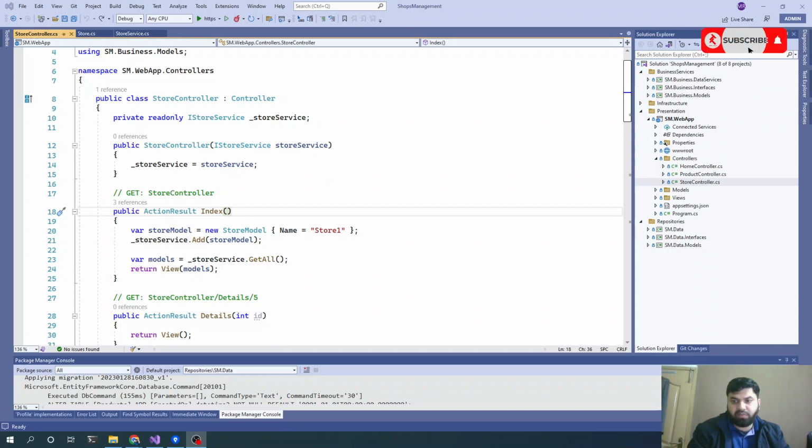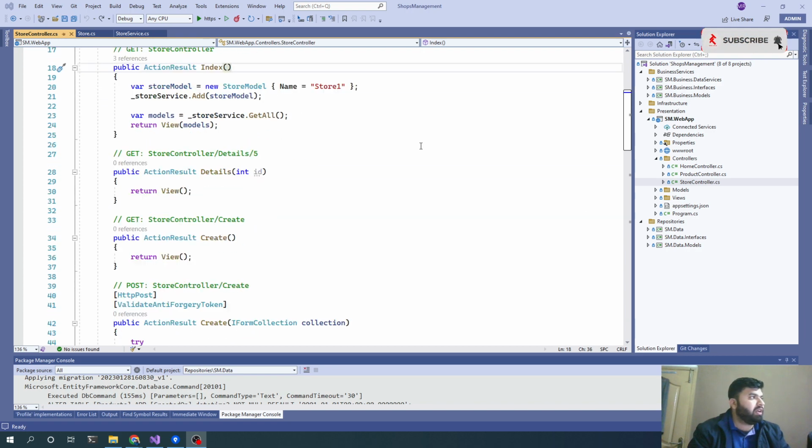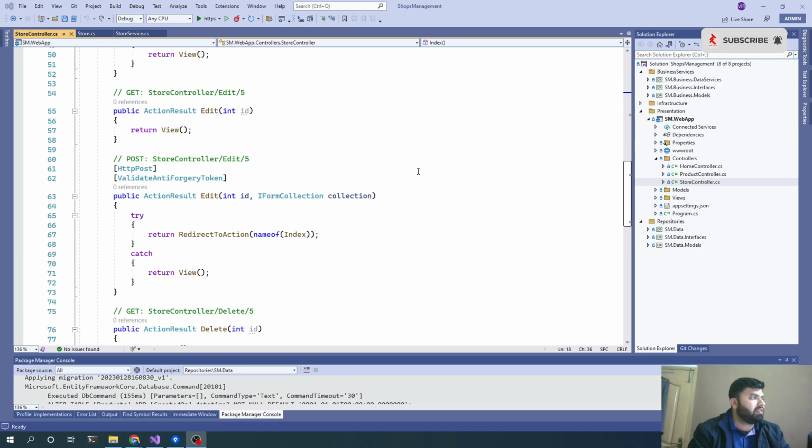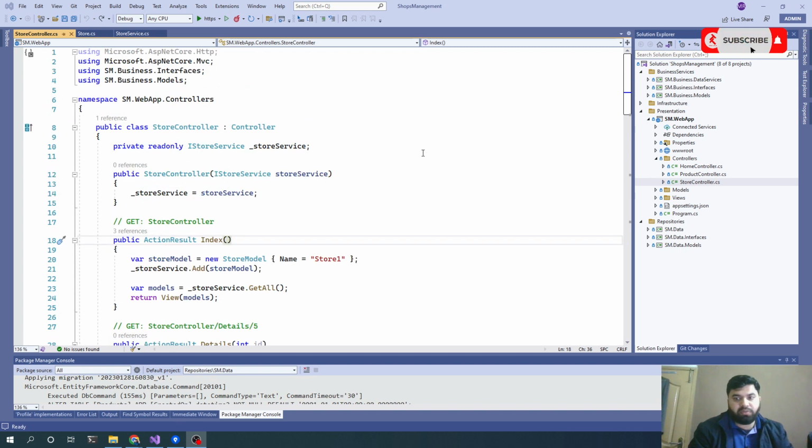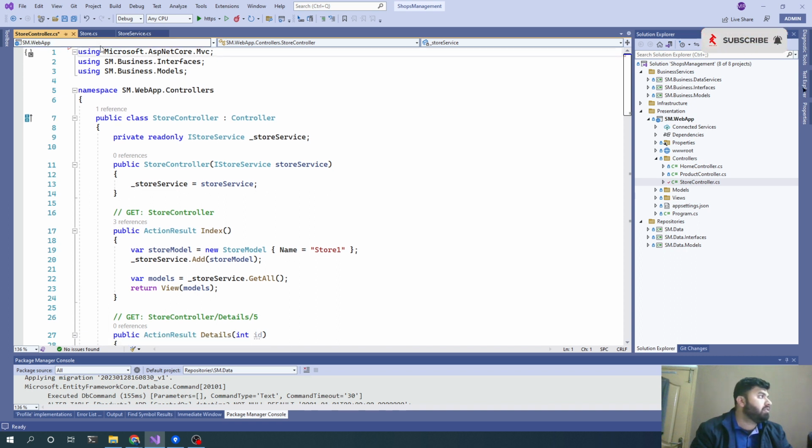Hi everyone, last time we worked on making the service layer generic. So today, first of all, we are doing some housekeeping to remove extra lines of code and classes, just to make sure that our code is refactored and up to the mark from a quality perspective. I will start by removing extra using statements,